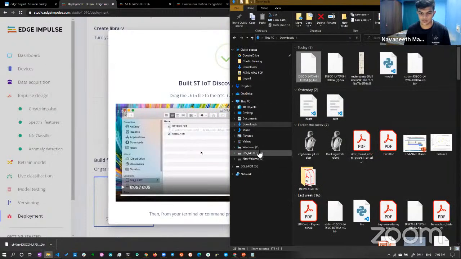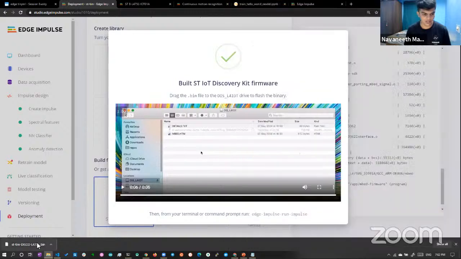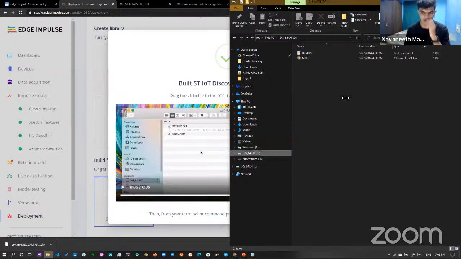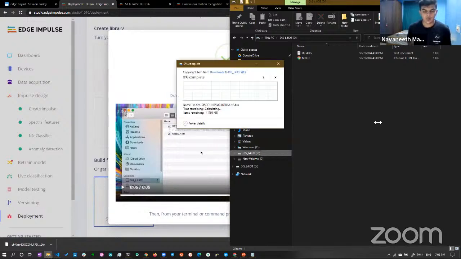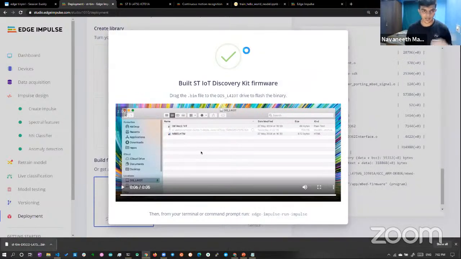Okay, 2 more minutes. Let's take our device and drag and drop it to our STM board. Once it is done, your entire neural network model goes into the board. Once it is activated, it will gather the data from the sensor, do the Fourier transform data pre-processing, and pass the data to the neural network model and KNN model to do the inferencing, everything